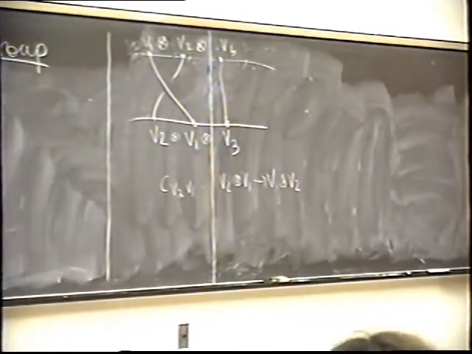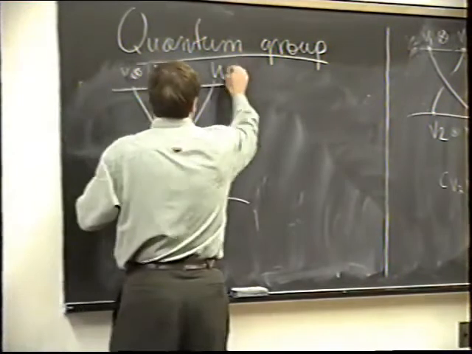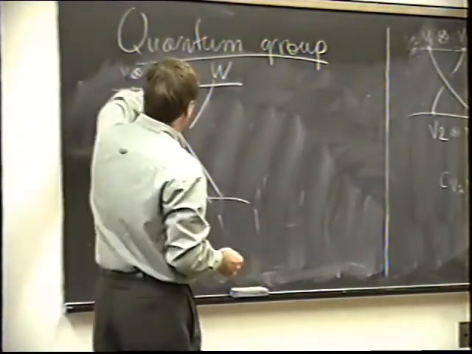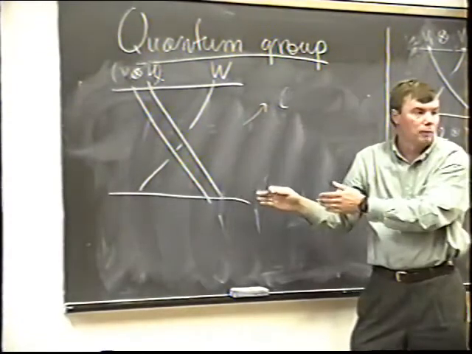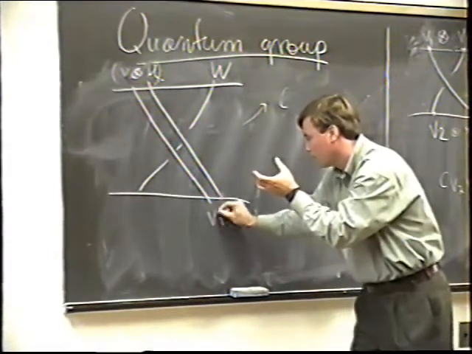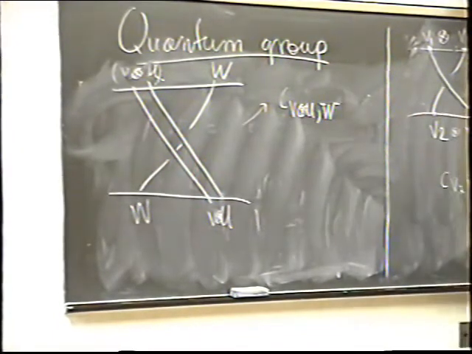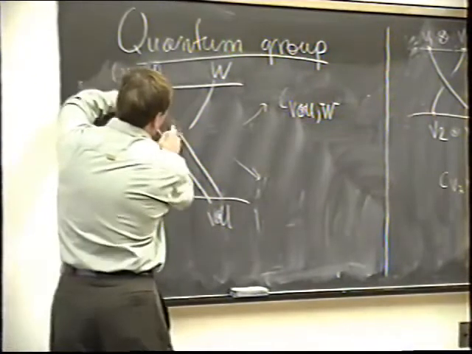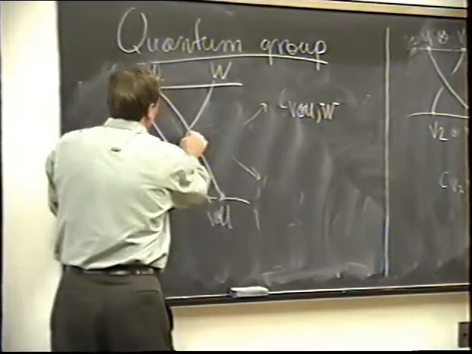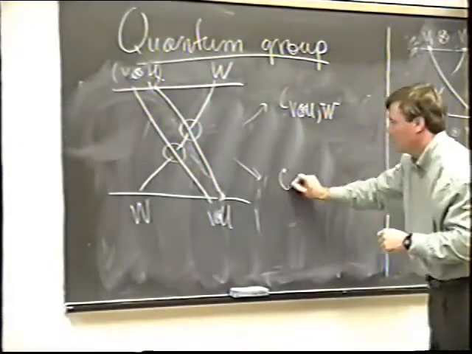And then the last 2 axioms have a very natural meaning, because say, when you have something like this, V tensor U tensor W, you can think about this configuration in 2 ways. First, you can think of these 2 lines as representing one object in the category, which is V tensor U. So it will be the morphism C V tensor U, W. On the other hand, you can homotope this line to here, and you can think about this as a composition of 2 separate commutativity constraints. So this would be